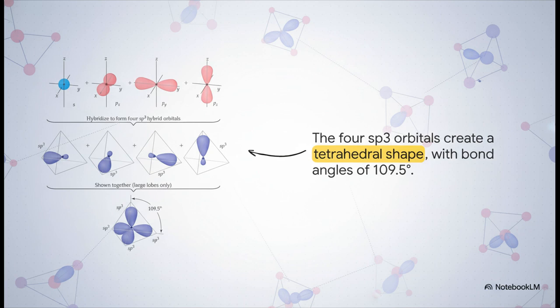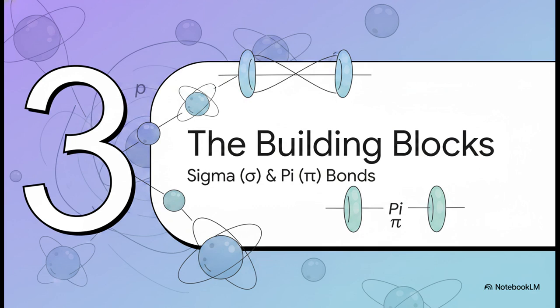And there you have it. That's the solution to our puzzle. Carbon undergoes sp3 hybridization to create 4 identical orbitals, which lets it form the 4 identical symmetrical bonds in methane. Puzzle solved. Okay, so we've pretty much mastered how hybrid orbitals form the basic framework of a molecule, the single